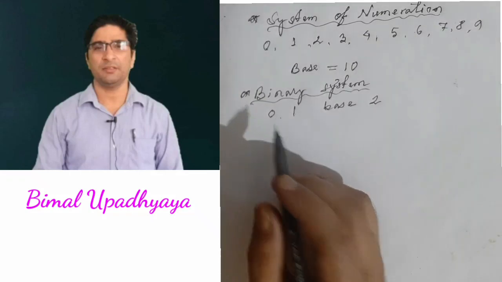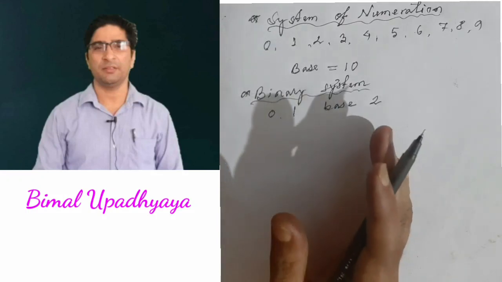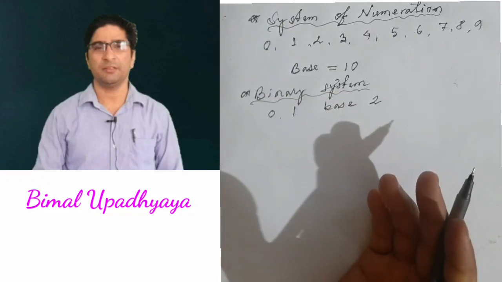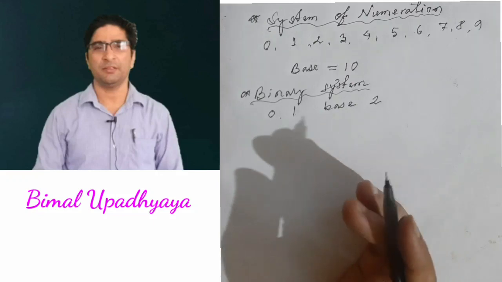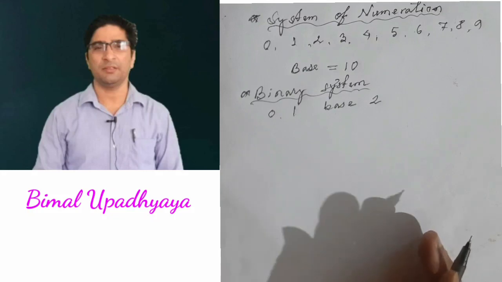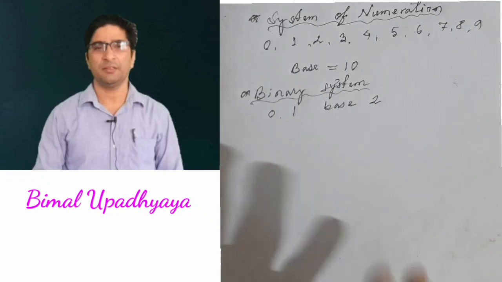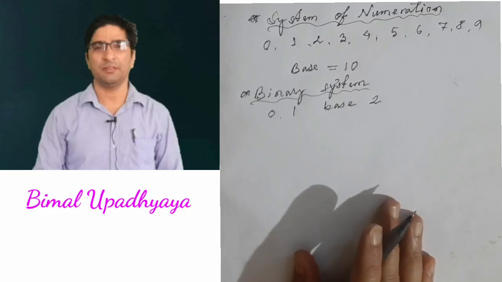Similarly, we have the octal system of numeration where we get 8 digits and its base will be 8. In the hexadecimal system of numeration we get 16 digits, and in these, some letters are also used, since we have the digits from 0 to 9 only. So for anything more than 0 to 9, a two-digit number we will take as a single digit by converting it to letters, to alphabets. So we have the hexadecimal system of numeration also.